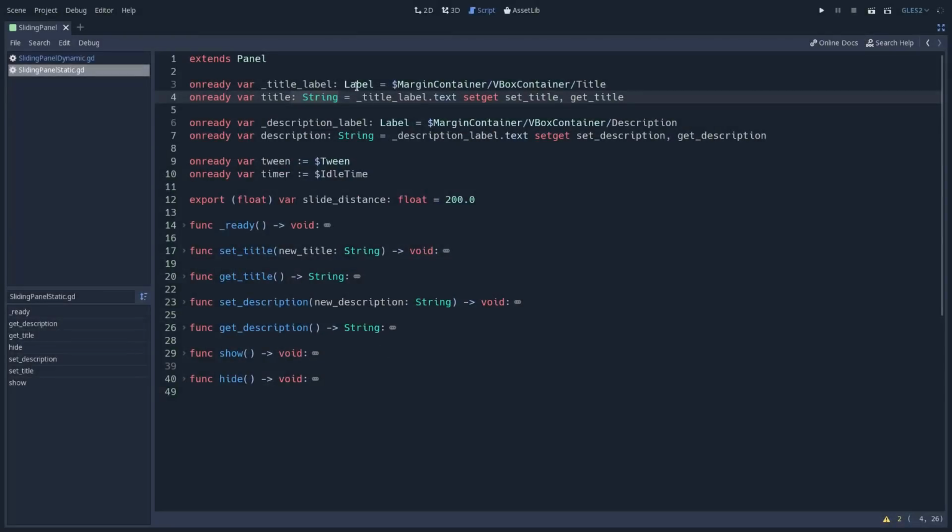So here you can see that I have a label type and a string type. And you can also pass custom types by using the class name keyword. But these class name features go beyond the scope of this video. So if you want to know more about it, go check out a video dedicated to the class name keyword,